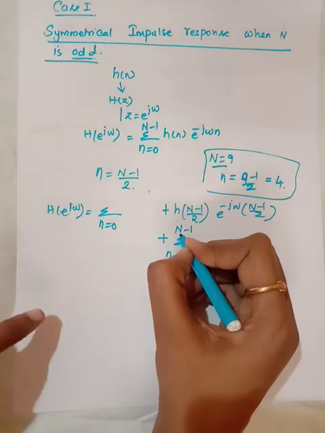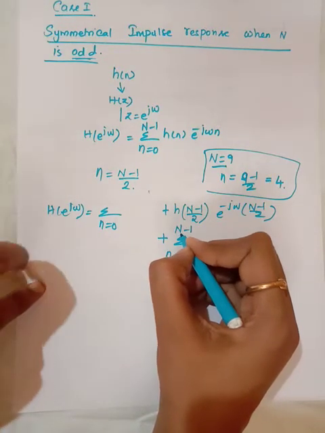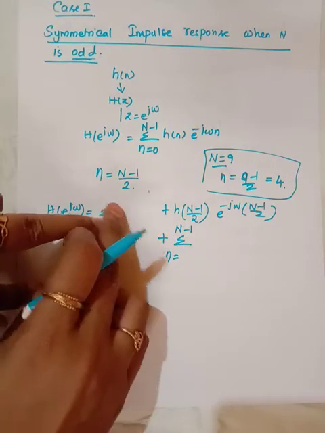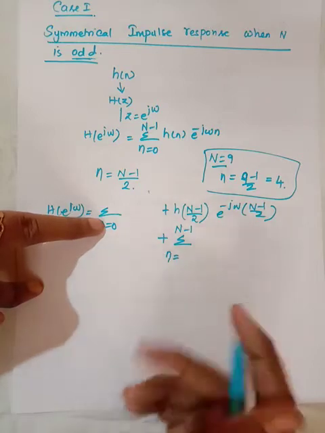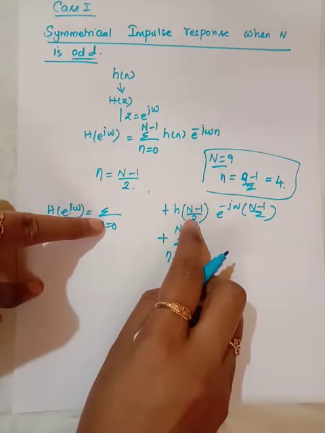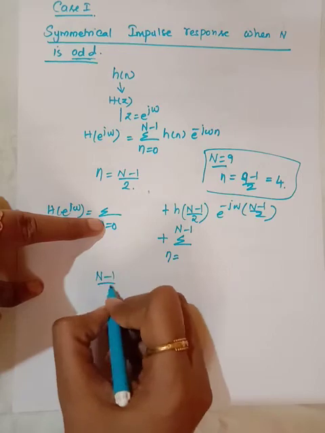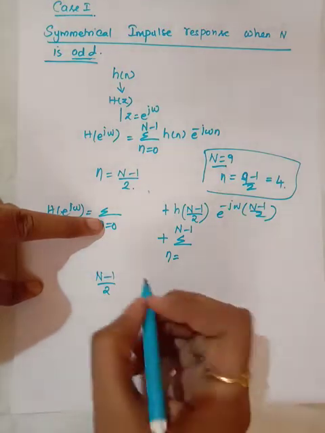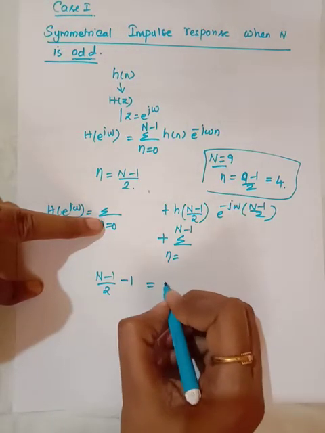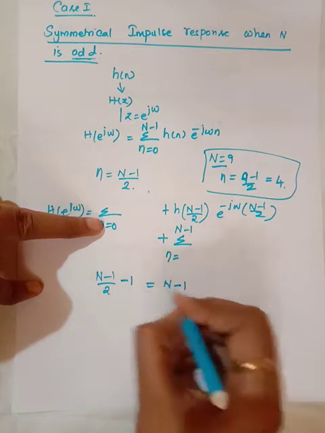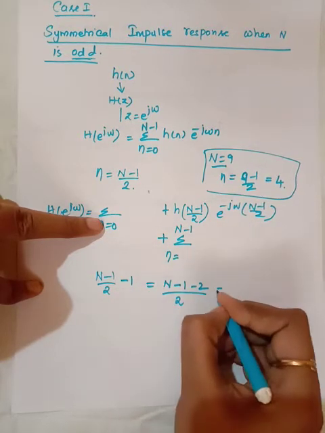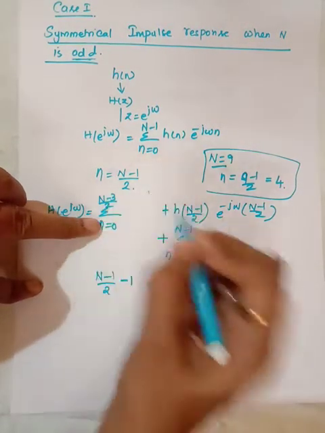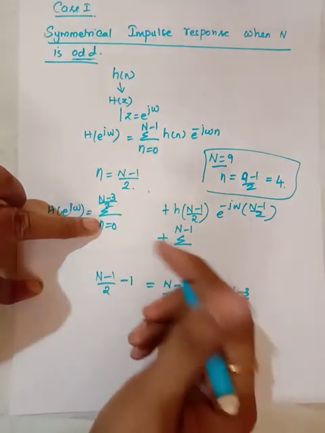Before previous and all we have chosen M, right? Now it is N minus 1. I know these samples, that is 0 to N minus 1. Now I need to find out the intermediate values, right? So now in this case, the center of symmetry is (N minus 1) by 2. So this previous sample, how will you find out the previous samples? It is minus 1, right? So this will become N minus 1 when you take LCM, minus 2 divided by 2, which is equal to (N minus 3) by 2. Okay, so here it is (N minus 3) by 2, right? This is the previous sample, so it is (N minus 3) by 2.